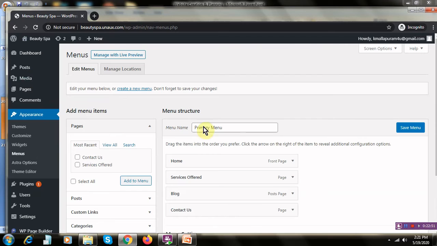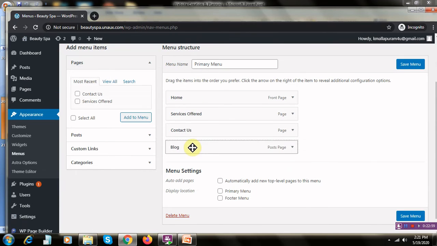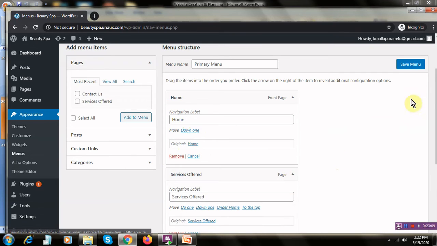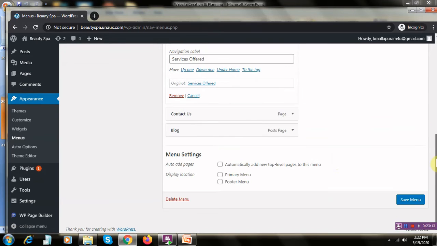The order of the menu. So one up, one on. So let's go ahead.